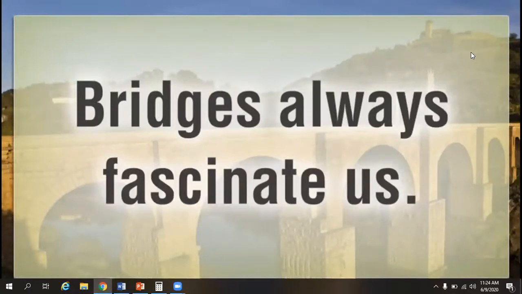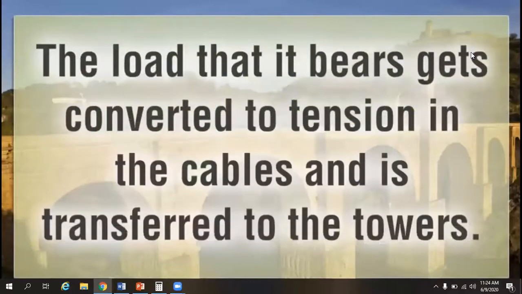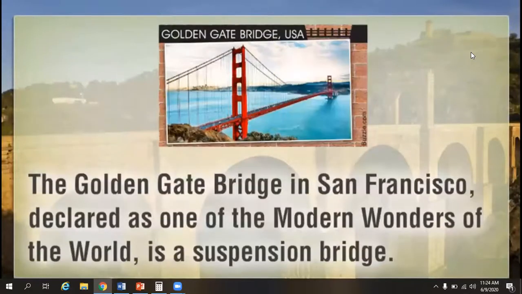aesthetics they involve. The suspension bridge is a type of bridge in which the deck, that is the roadbed, is hung with the help of suspension cables. The loads that it bears gets converted to tension in the cables and is transferred to the towers. This bridge can span long distances and resist earthquakes. It is preferably built across water bodies. It is a little complex and expensive to build. The Golden Gate Bridge in San Francisco, declared as one of the modern wonders of the world, is a suspension